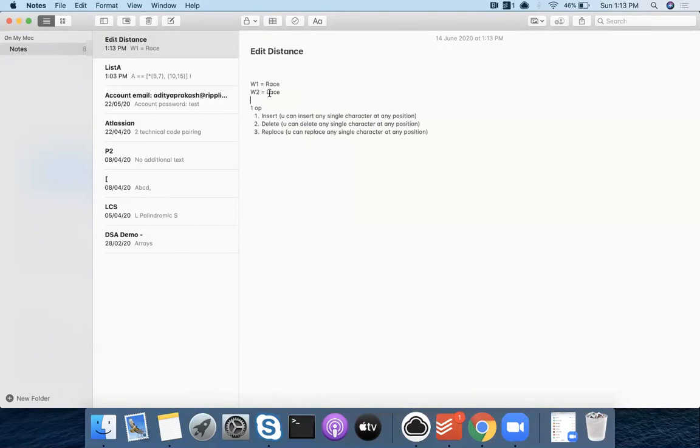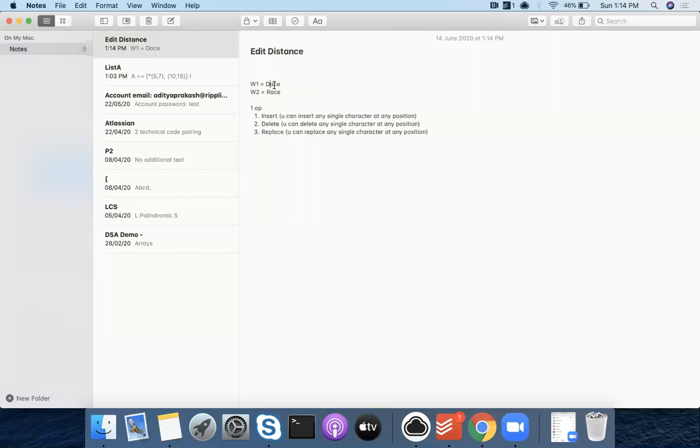If I replace this L by R, then I'm done, right? Now W1 and W2 will be the same. So your goal is to make W1 and W2 the same by carrying out insert, delete, and replace operations. You can choose any of them at any point, but you have to do it in the least number of operations. You can't say that I will delete this A, one operation, make this R, second operation, and again insert A. Although it is valid, it is not least. I have one way in which I take the least number of operations.